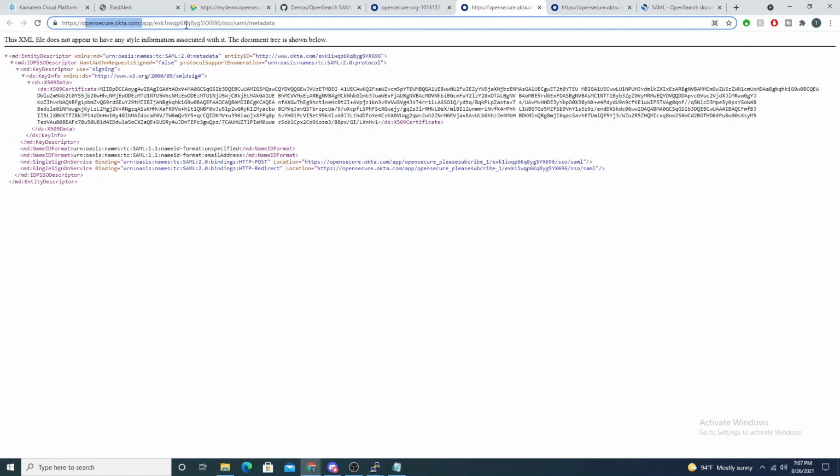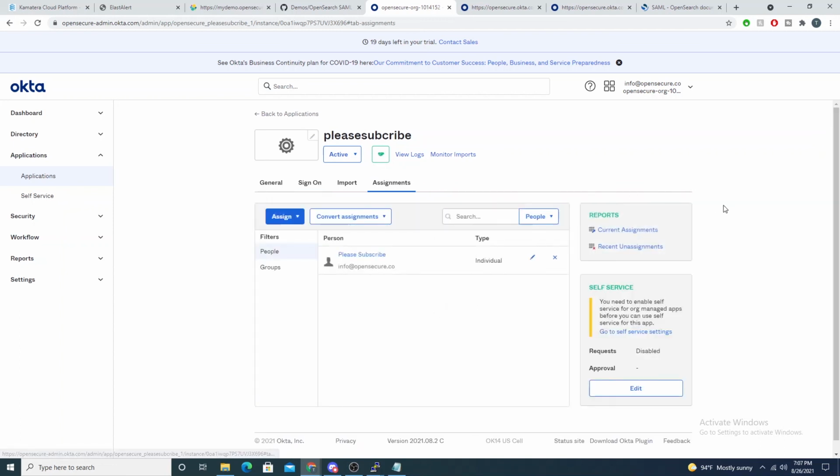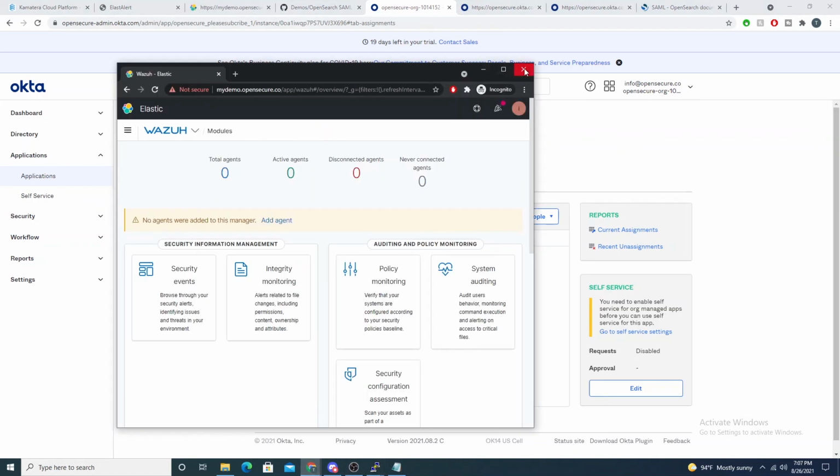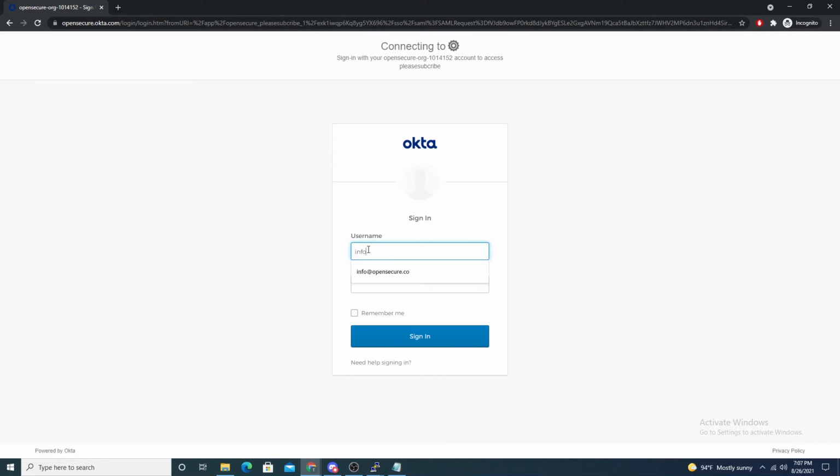So I get redirected to that to do my authentication. I do my username and password, and Okta verifies me. So now we can control users within the app, right? So if I go into assignments, and let's actually remove me from being able to log in. So if I remove this, and then yeah, it looks like that's been saved. And let me create a new session. So it's asking me to log in. So now if I do info at opensecure.co,